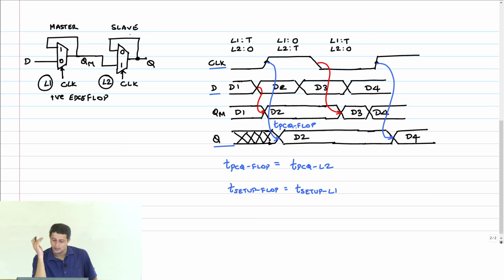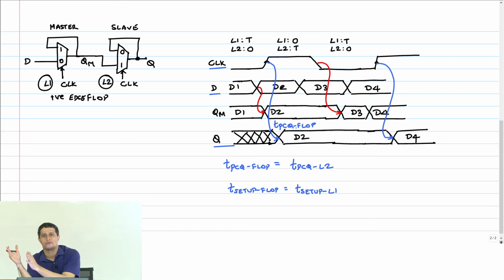Okay, so if you look at what is happening in this D2, right? L1 is actually transparent, correct? L1 is opaque, L2 is transparent. So what is happening is your QM is being held for half the cycle.